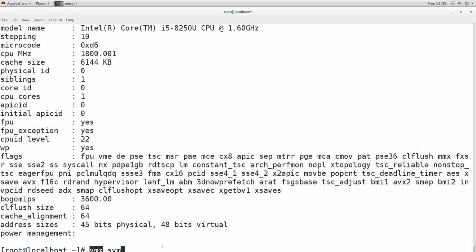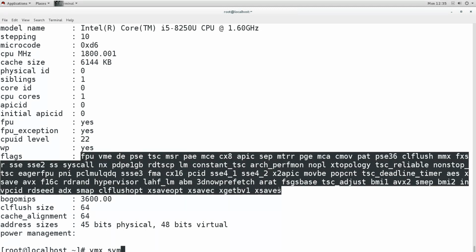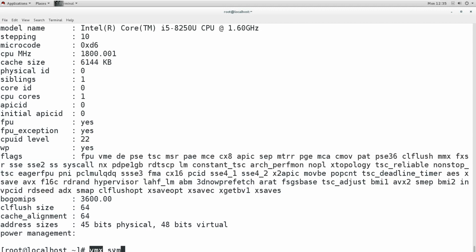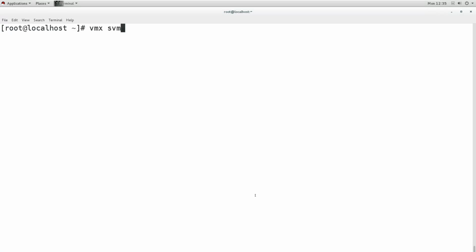Now how will we check this? We have to look for all these flags. Among all these flags we have to look for this particular name, VMX, or even SVM for an AMD CPU. Now how will we do this? We can use the grep command.